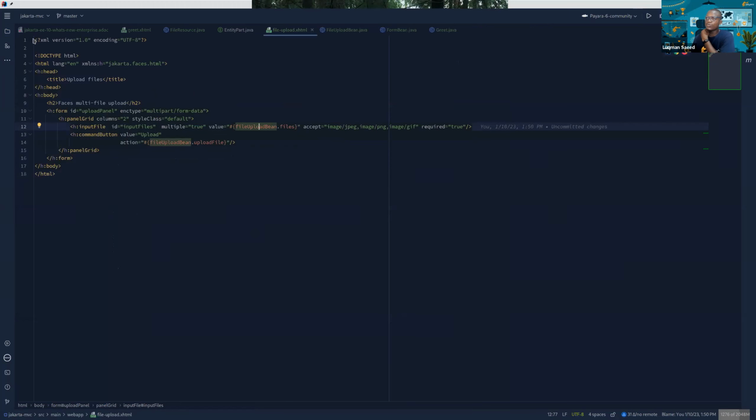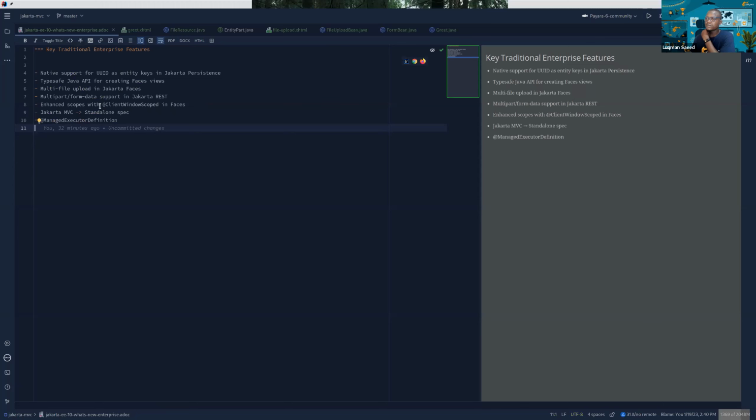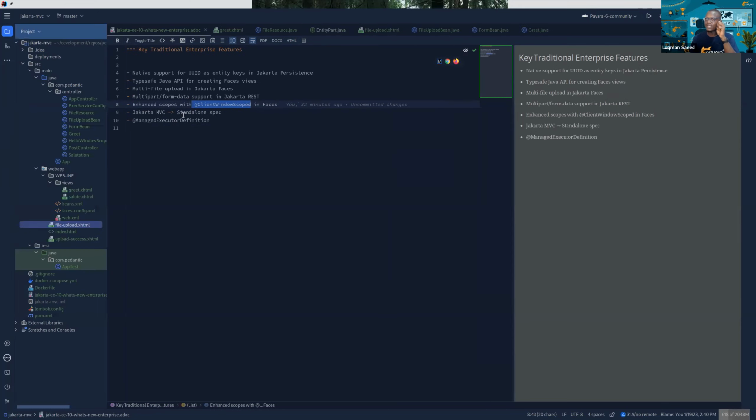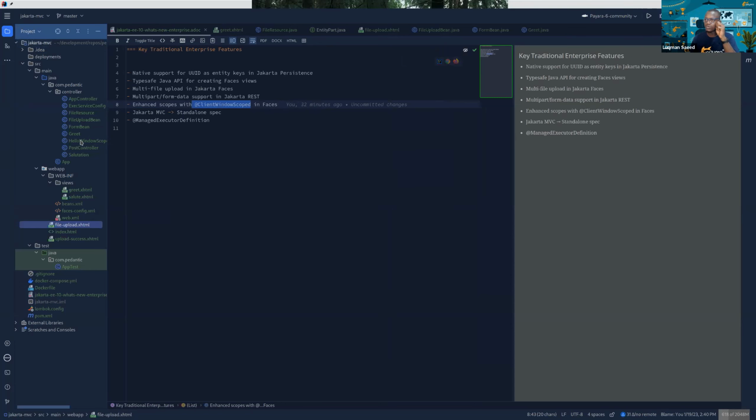Now, the client window scope is a new scope added in Jakarta Faces that was part of the release in Jakarta EE 10. This scope now creates a sort of a middle ground where all beans that are in this scope, so if I come here, this client window scope bean,